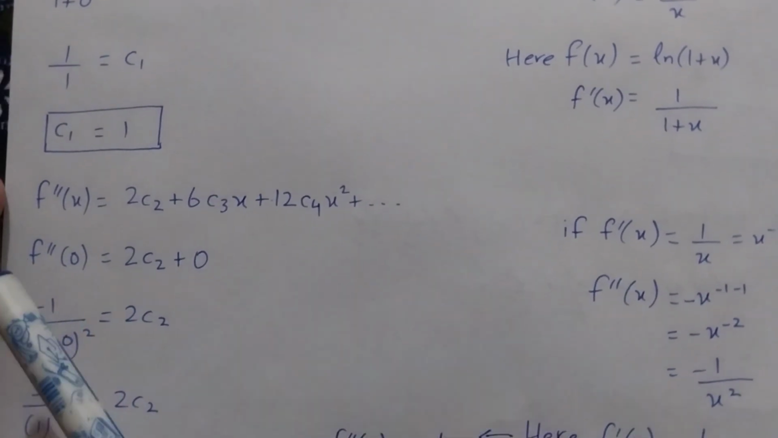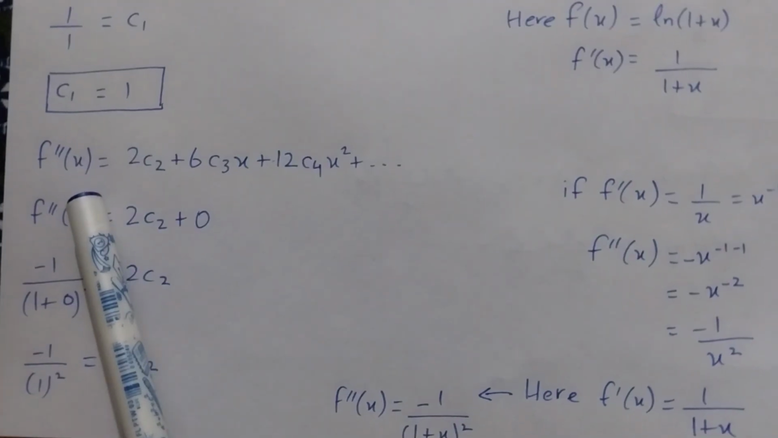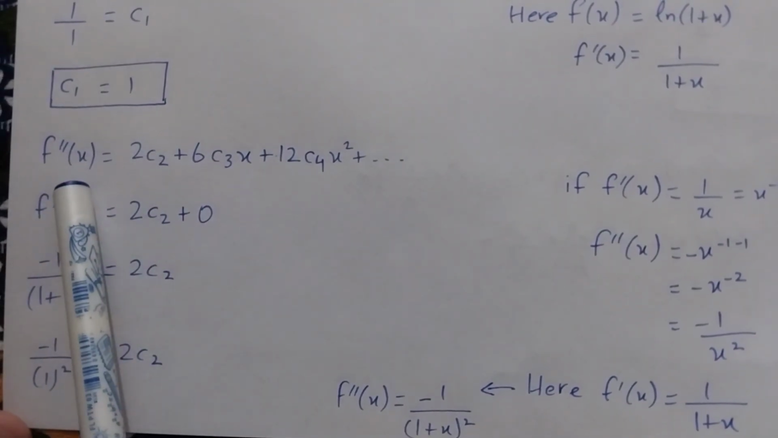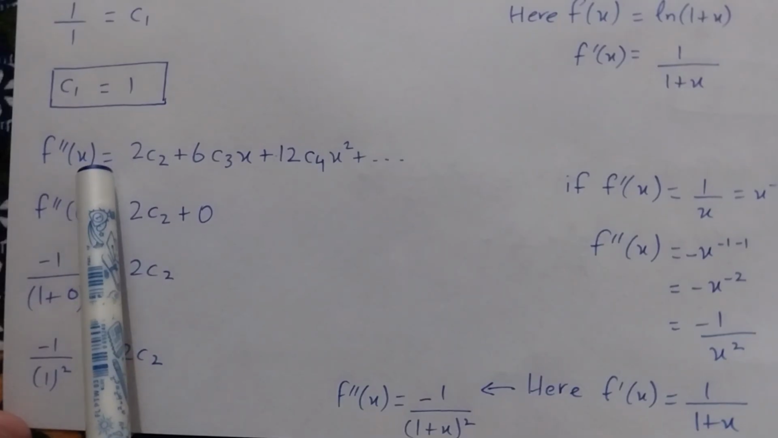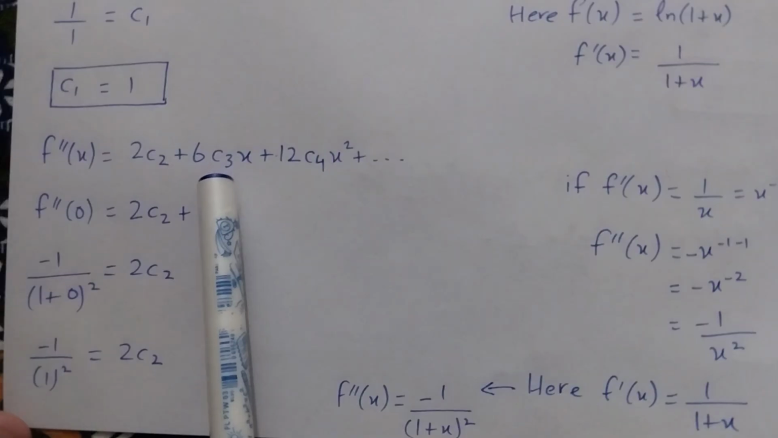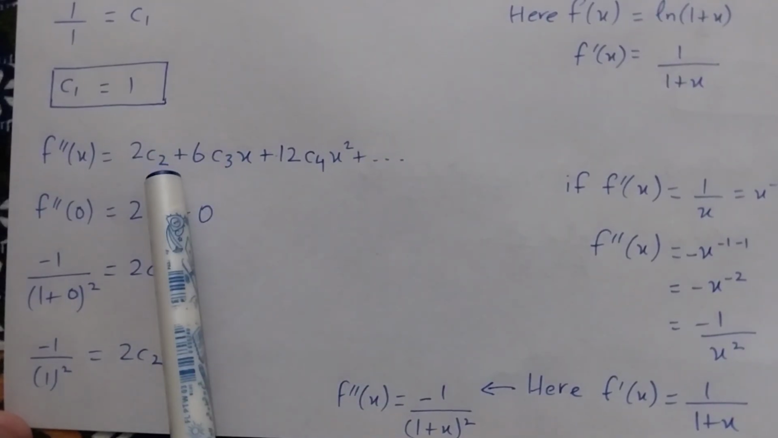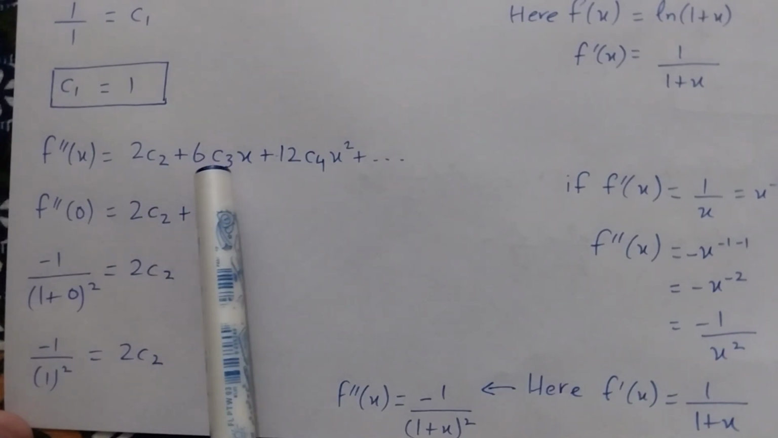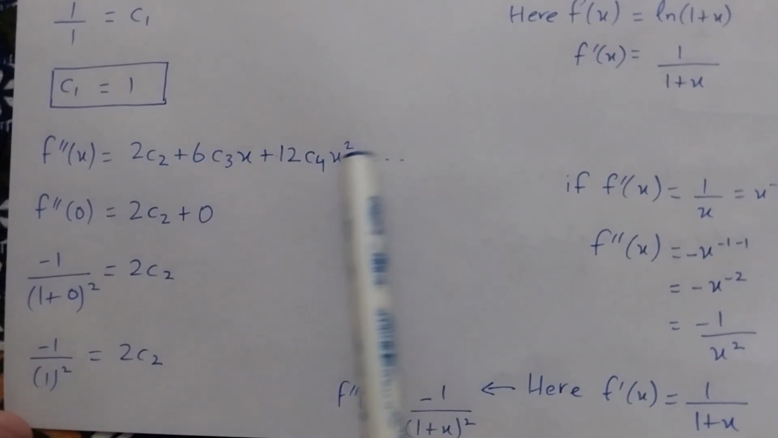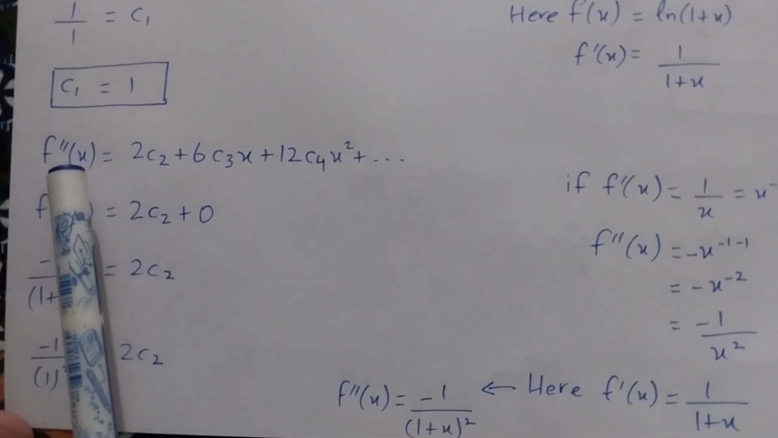So for the next constant, we need to take the second derivative of the general power series, that is f double dash of x. Applying the same power rule, we get 2c2 plus 6c3x plus 12c4x squared, and so on. We are interested in finding the value of c2, so when we put x equal to 0, all of these terms become 0, and we are left with 2c2, and on the left hand side we need to evaluate the derivative of